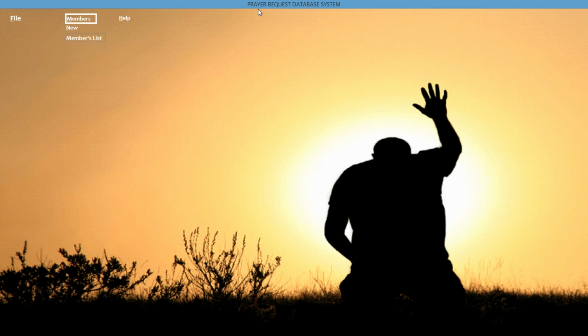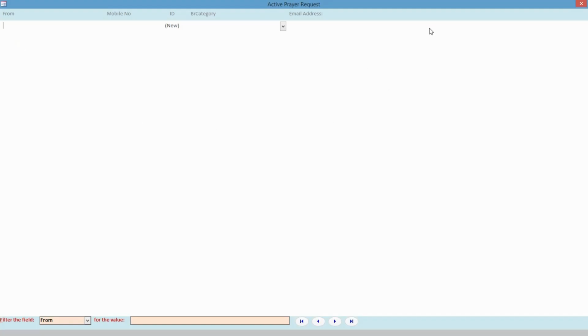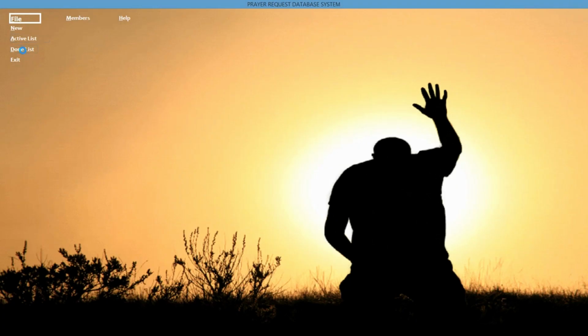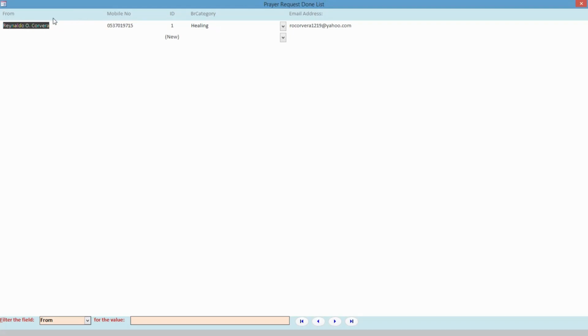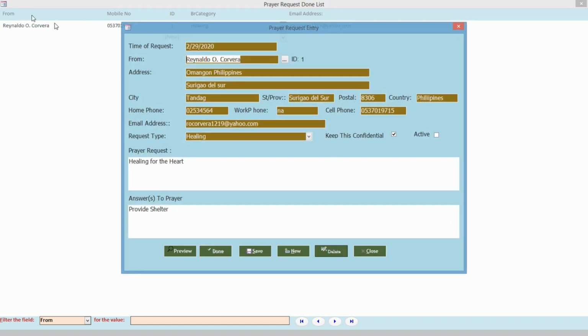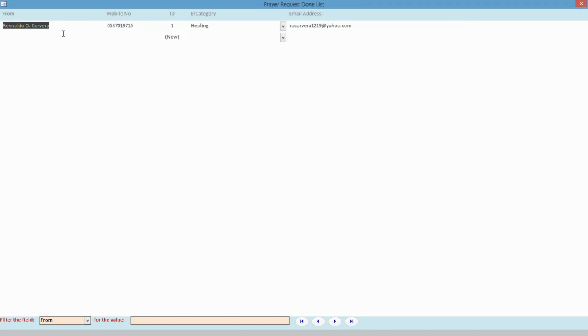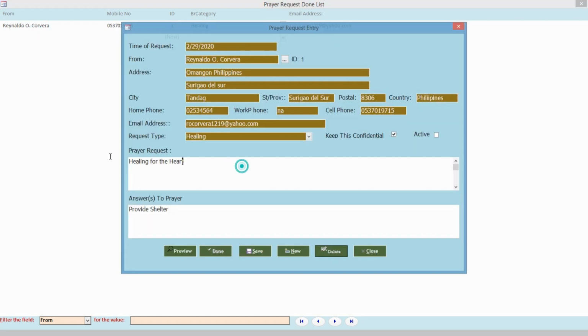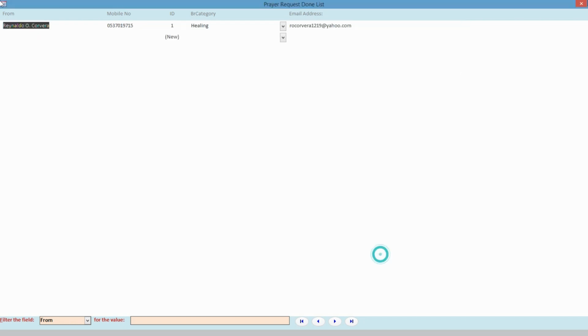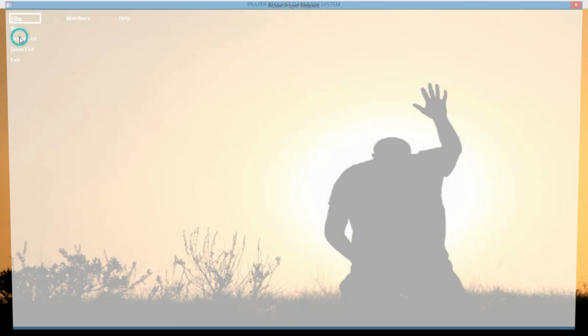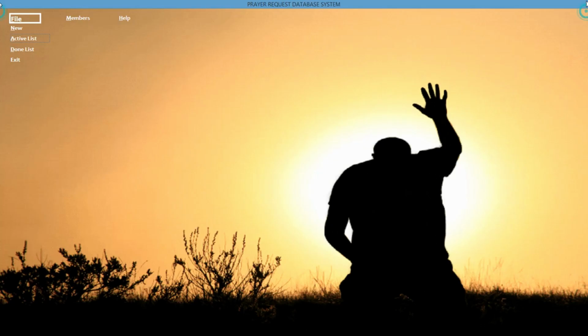Now since this is prayer request database system, we'll start your transaction from here, file, then new. I will show you active list. As of now we don't have active list, and also done, we have already done one prayer. So this is the prayer request, and also this done. So it's showing here. As of now we don't have active in the list,